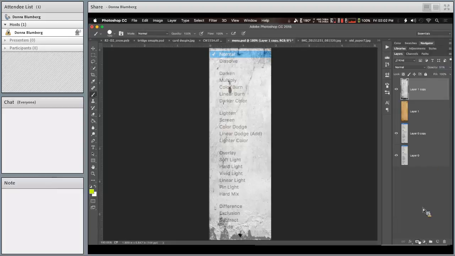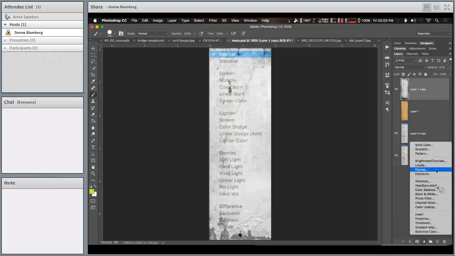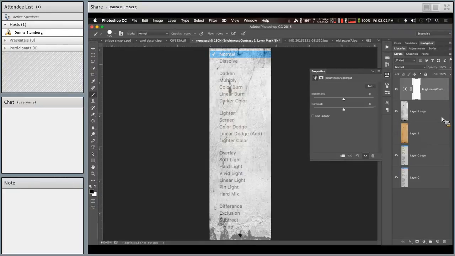And then come up here and do a brightness contrast. This is the one you were talking about, right? Okay. And we can darken that, but you can see it's not quite the same. I mean, you're getting a really cool effect, don't get me wrong, and maybe this is the effect you're looking for. Maybe you really want this to look like spilled coffee or something like that on your laptop,